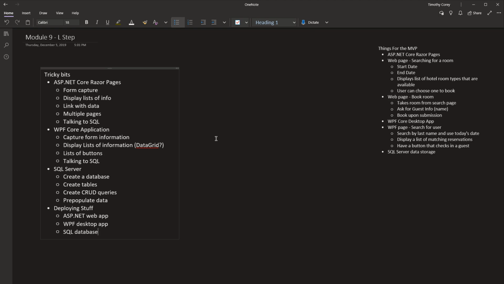Now this is a minimum viable product. We're not going to do a full build cycle, a full deployment cycle. We're not going to bring in Azure DevOps and have this whole system. We probably won't even use source control for this because it's just the bare minimum. I don't want to confuse you with extra stuff, but we need to know at least how to get this stuff installed somewhere, because